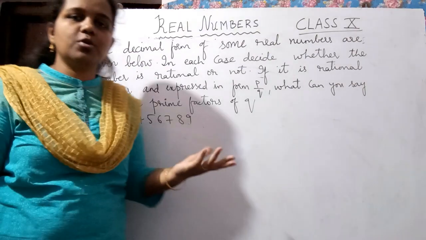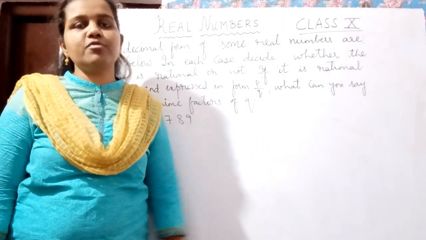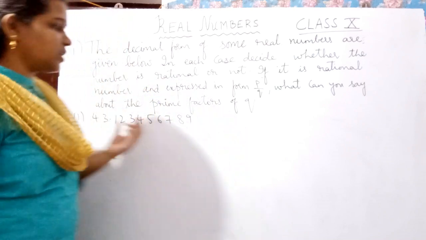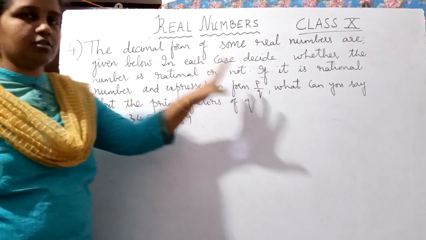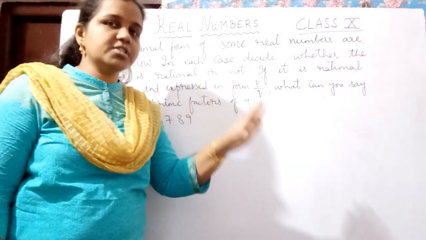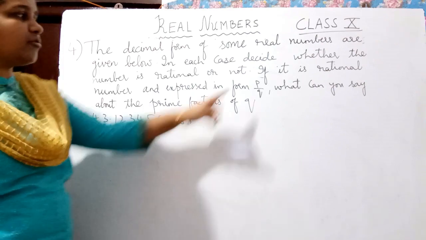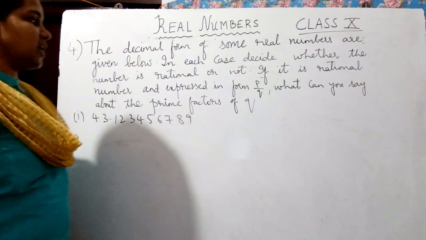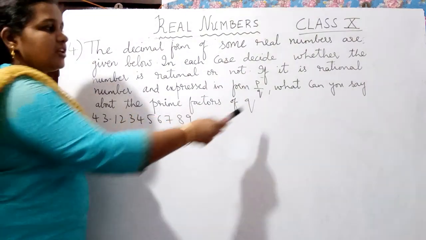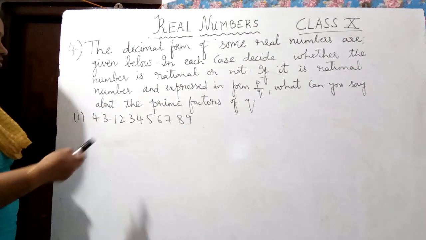So here some real numbers are given. Real numbers means we know rational and irrational numbers put together form real numbers. You have to find out whether they are rational or not. If they are rational numbers, we know that rational numbers can be expressed in the form of p by q. Then you have to say what the prime factors of the denominator q are. So there are 3 bits given and the first one is